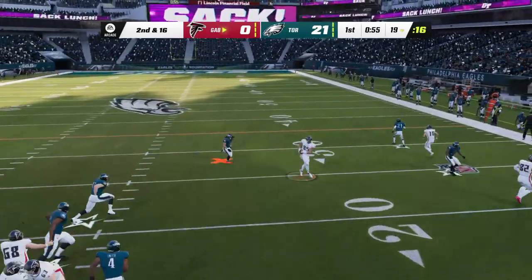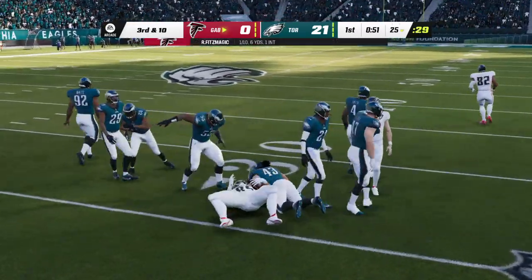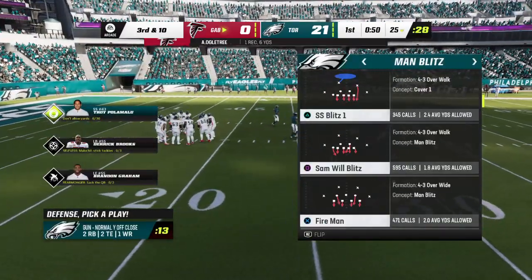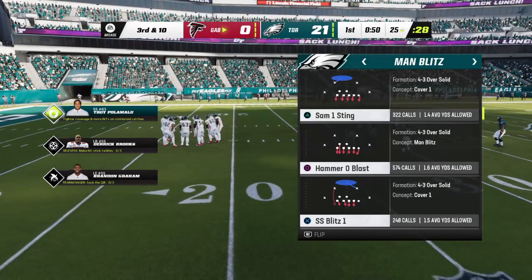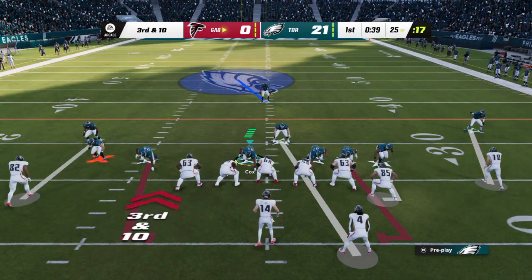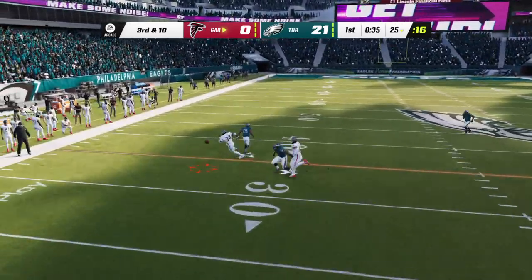Now Fitzpatrick. It's a short one here, complete to his tight end. He'll be dropped at the 25 after a gain of 6. So finally completes his first pass. Credit the defense, though. They've been showing him some different looks, keeping him off balance. Yeah, I like the observation that you had there because when you give him different looks